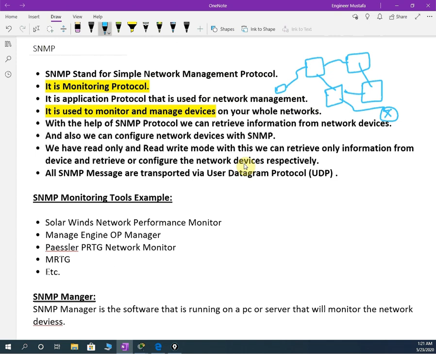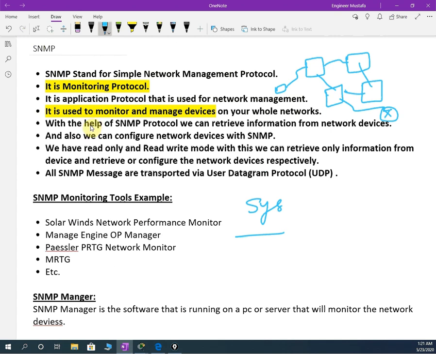We have one more application, like syslog, system log, which keeps all the logs in the system. Maybe in the next video we will discuss syslog also. Syslog is nothing but an application which stores whatever is going on in the system, so we can look at that log also. And SNMP is a protocol that big organizations use. So with this also we can monitor our network. Okay, so this is a simple and easy protocol, easy to configure also.